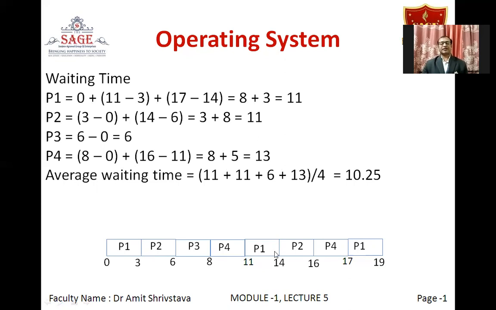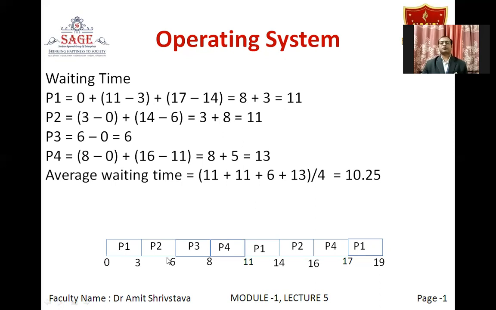After execution of 3 units, that is after the 14 unit time interval, we have again taken back the CPU from P1, and then we have reallocated the CPU to process P1 after 17 milliseconds. So here again, it had to wait from 14 to 17, that is 17 minus 14. So adding all these things will give us 11. So the total waiting time for P1 in the ready queue while waiting for the CPU is 11 milliseconds.